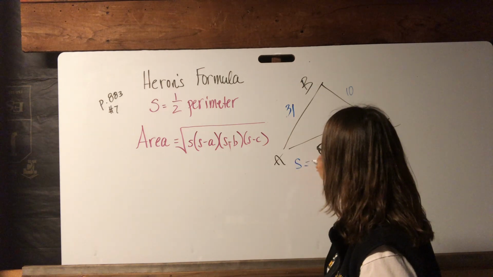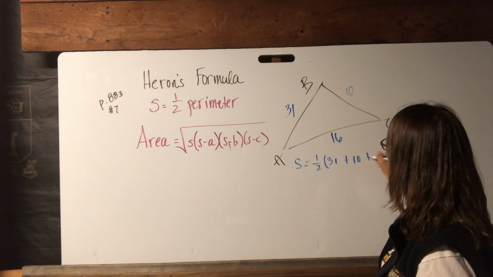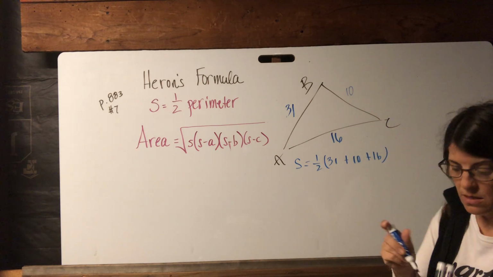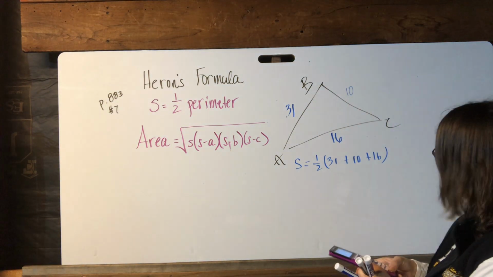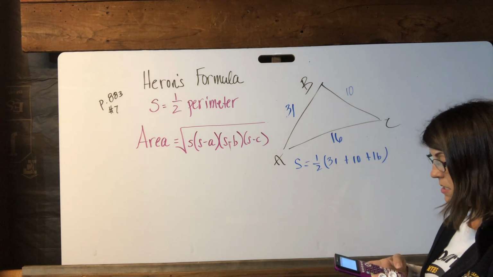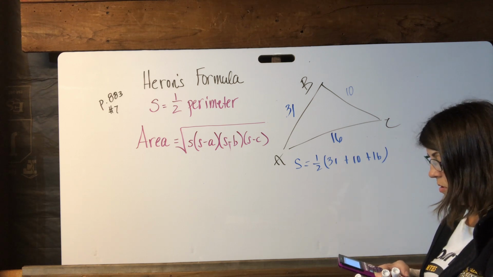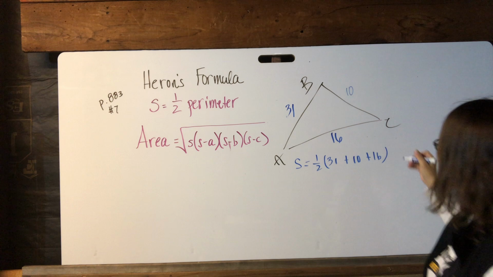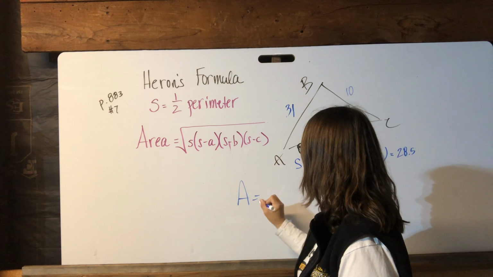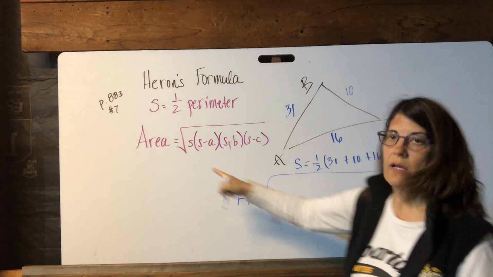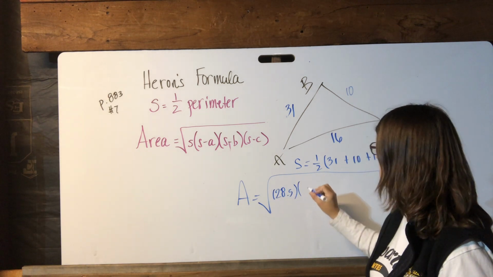So S is 1/2 of 31 plus 10 plus 16, divided by 2. Uh-oh. 28.5. So the area is the square root of S, which is 28.5, times